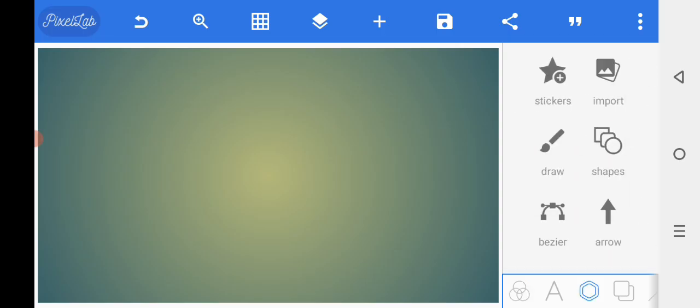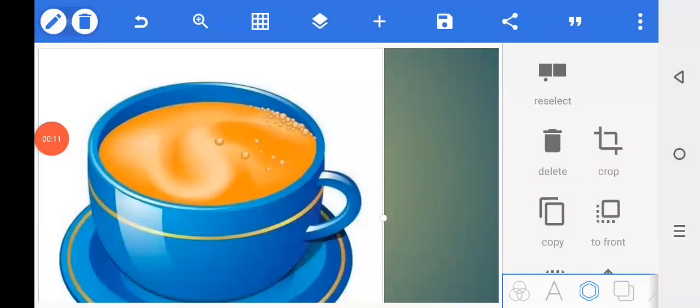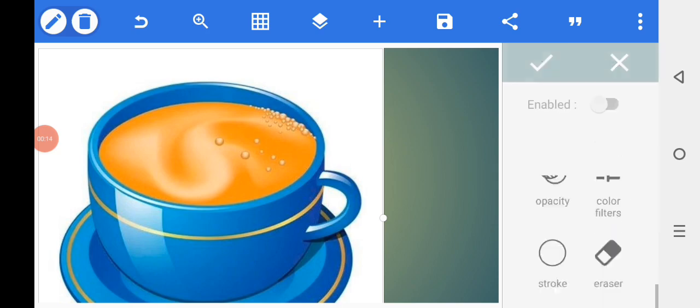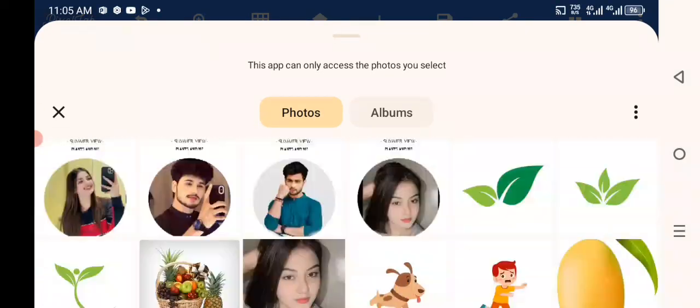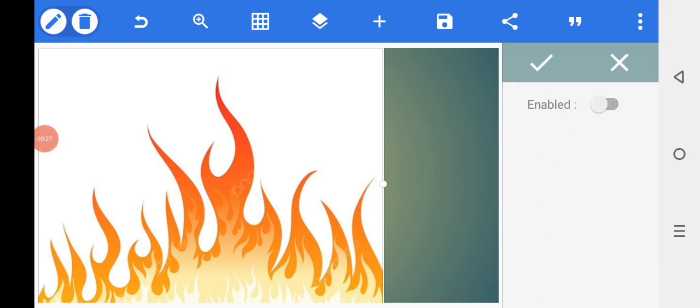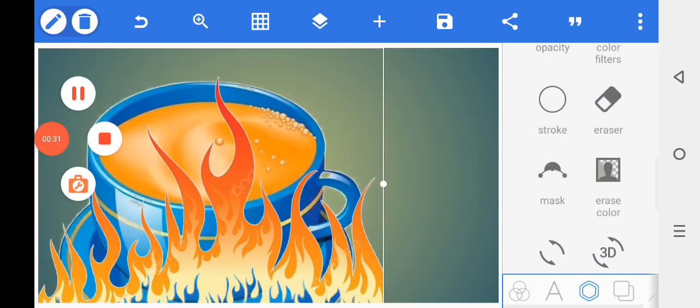Open the Pixel app, select the import button, go to the gallery, select a picture, adjust the picture, remove the background, select the erase color, enable button down, adjust the picture, then select the import button, go to the gallery, select another picture, remove the background, select the erase color, enable button down, adjust the picture, save the picture, select